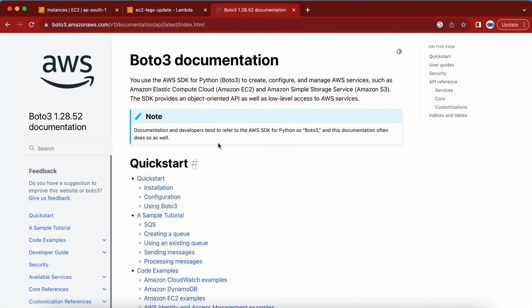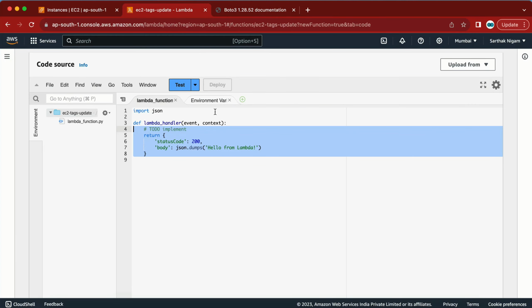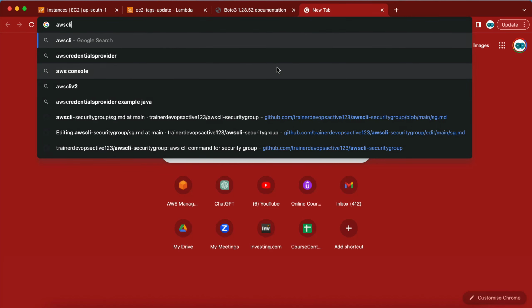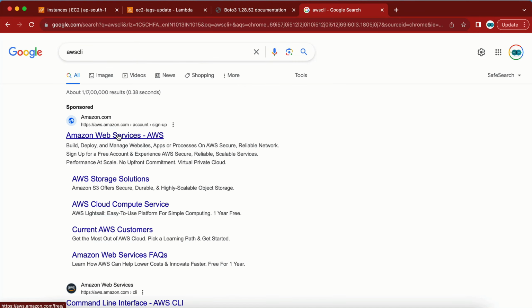Now this is the official Boto 3 documentation. If you have knowledge on this, then it is okay. If you don't have knowledge on this, let's go step by step. Now here, what exactly do I need to do? I need to create a tag. So for this, if I go to the AWS CLI documentation,